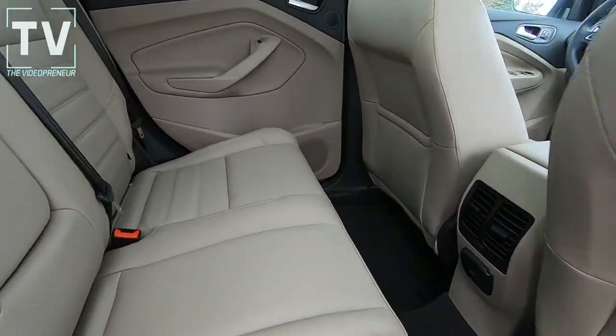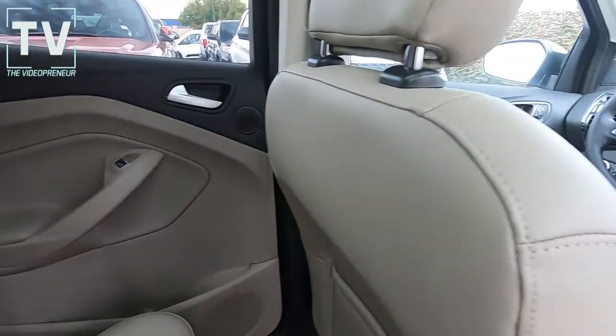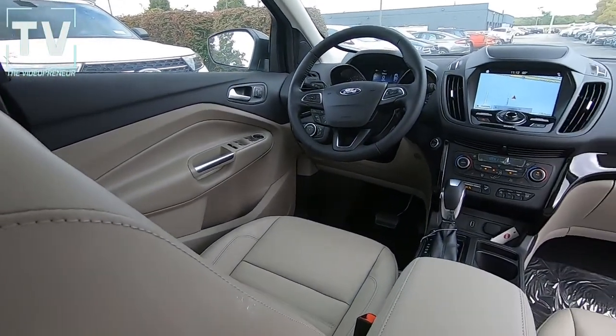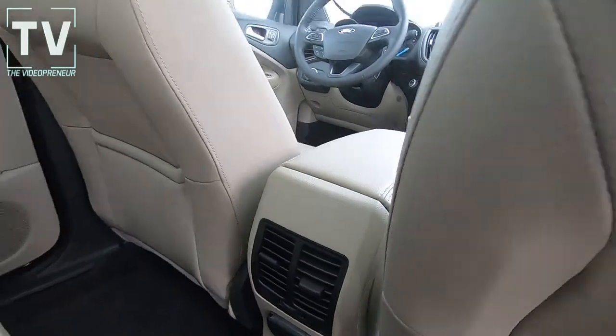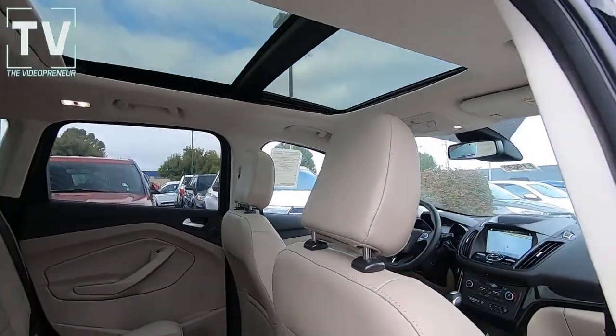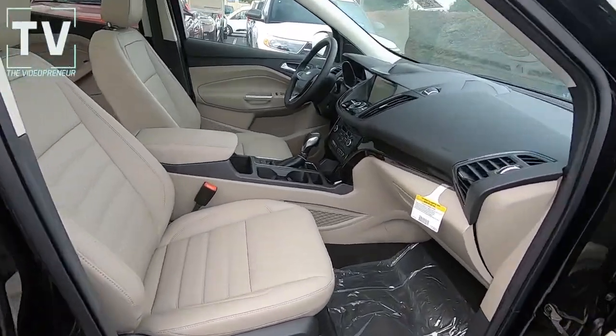As we dive into the interior, that interior really pops with the leather seats, the color of the seats. We have a 60/40 rear fold-down split seat. Here we have a great look at the Panoramic Moonroof. As we move to the front seating area,